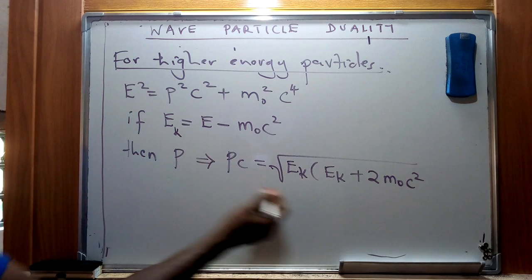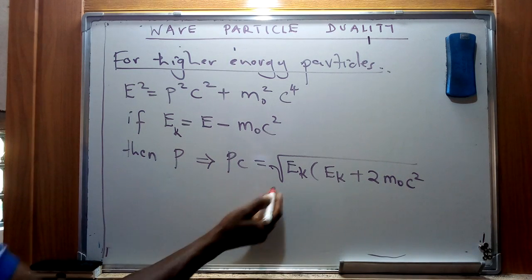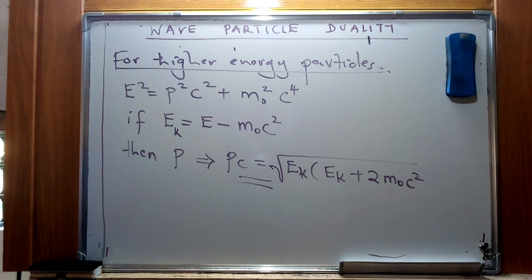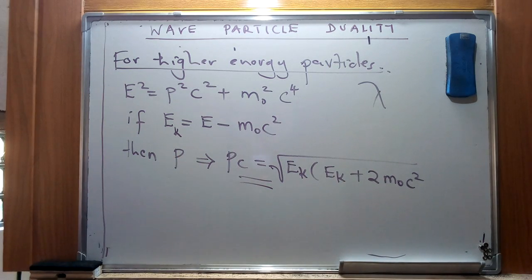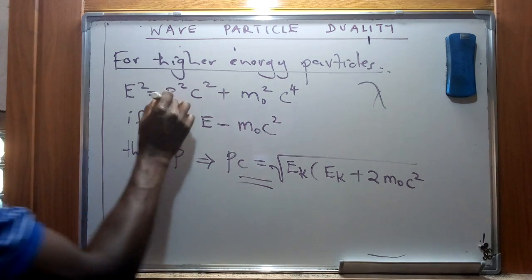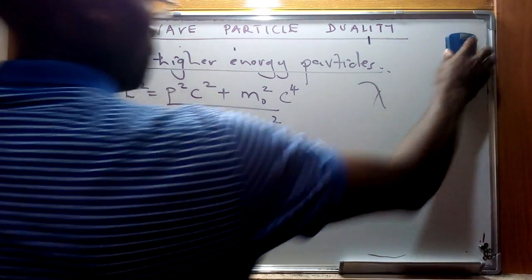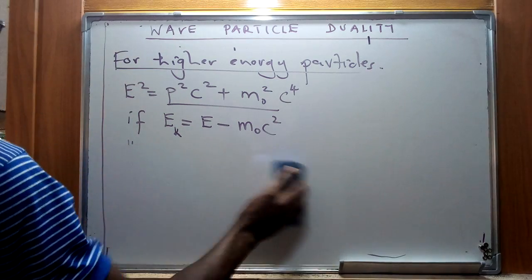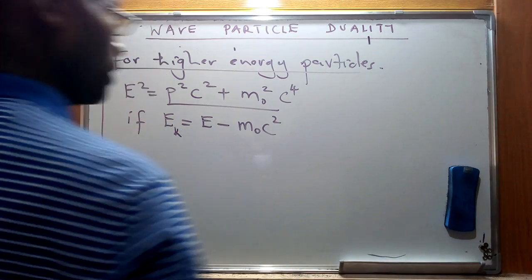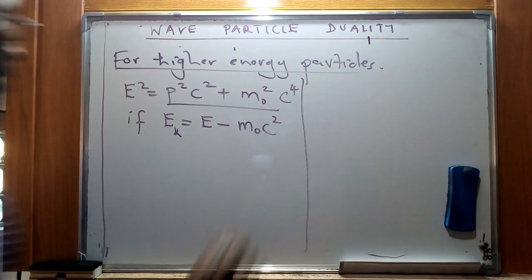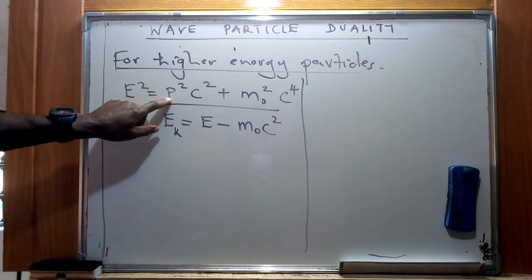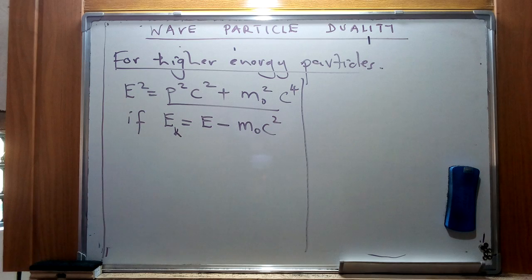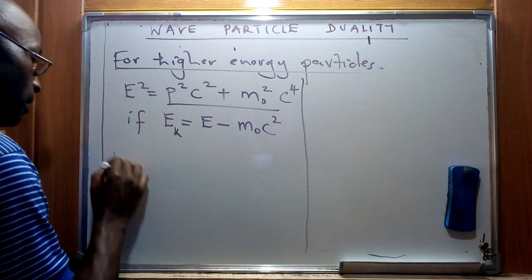So this is a description of the PC that we're going to see. A variation of this specific formula is going to give us a way of representing lambda for relativistic particles. So we can pick this relationship from this specific point and see how we can create a relationship for that. If I try to find PC from this specific point, then I'm going to have PC squared.